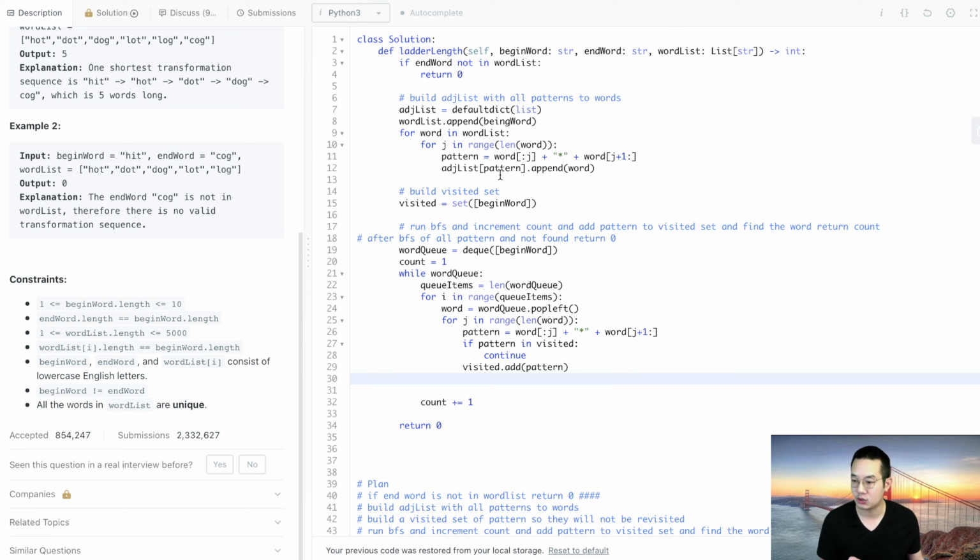It's been 26 minutes now, and my thinking slowed down a little bit. So let's see. I feel like the words are coming out of my mouth a little bit slower, but at this point, we have all these patterns, and we need to get all the words from that pattern into our word queue. So word queue